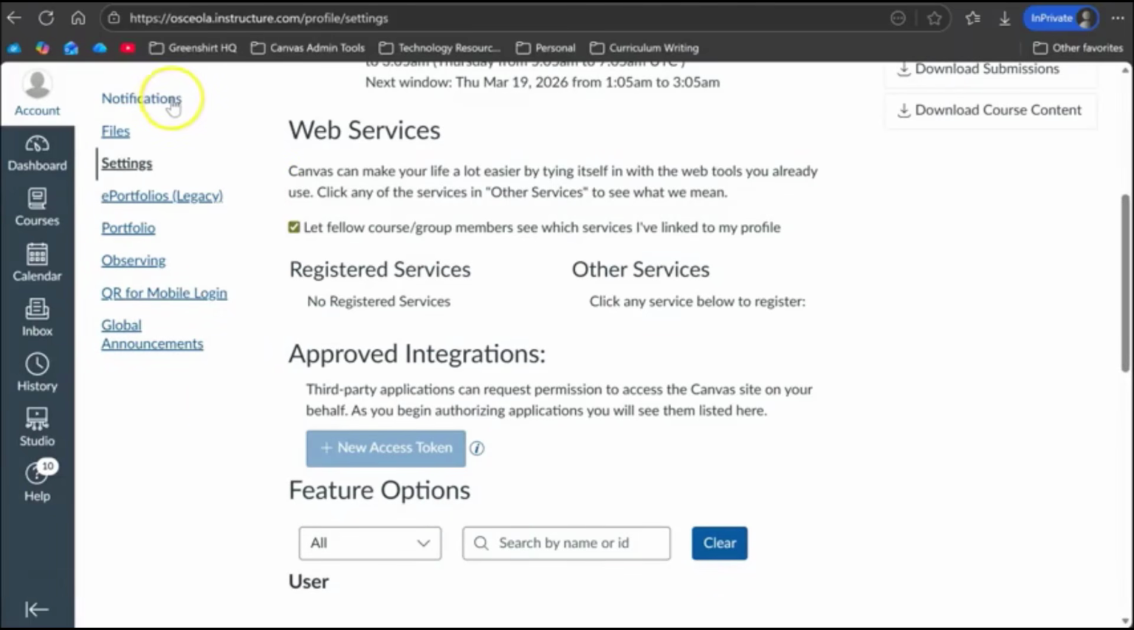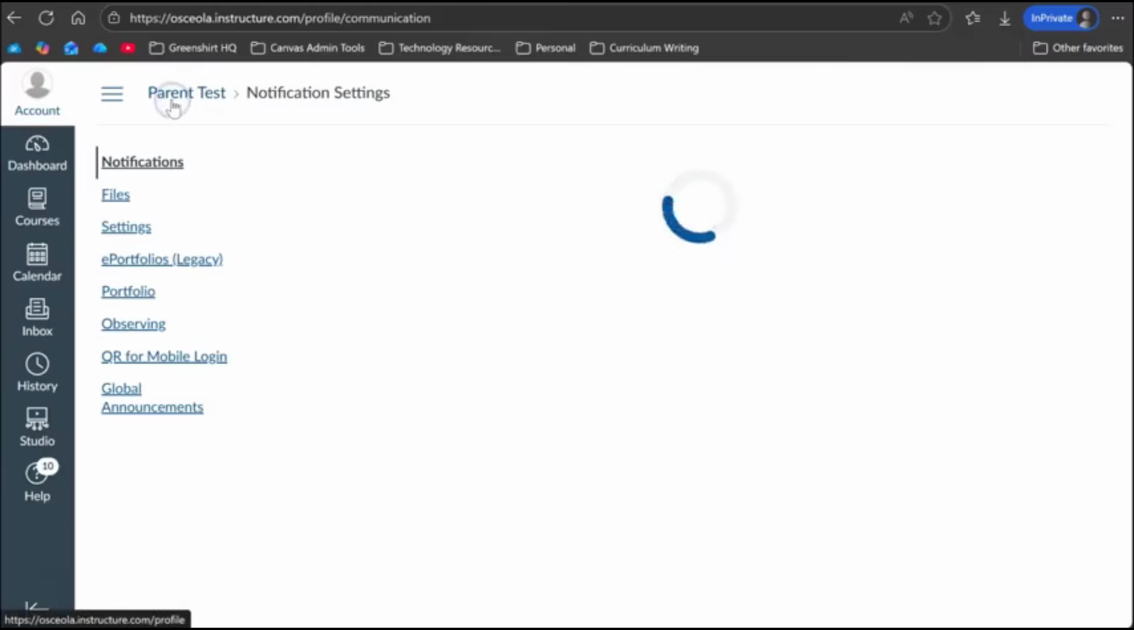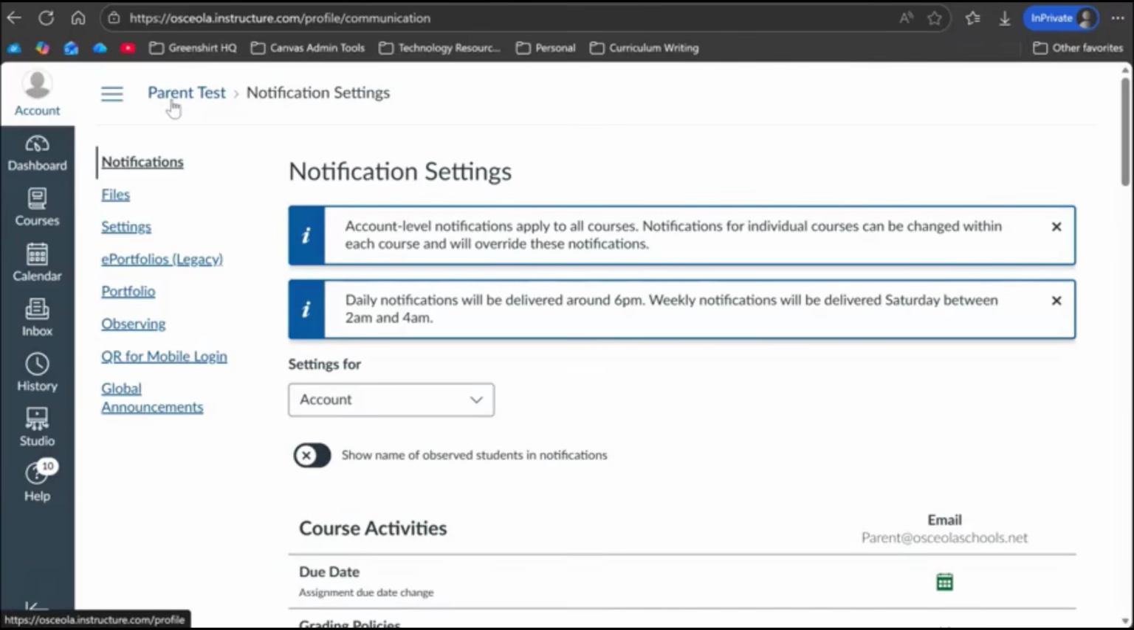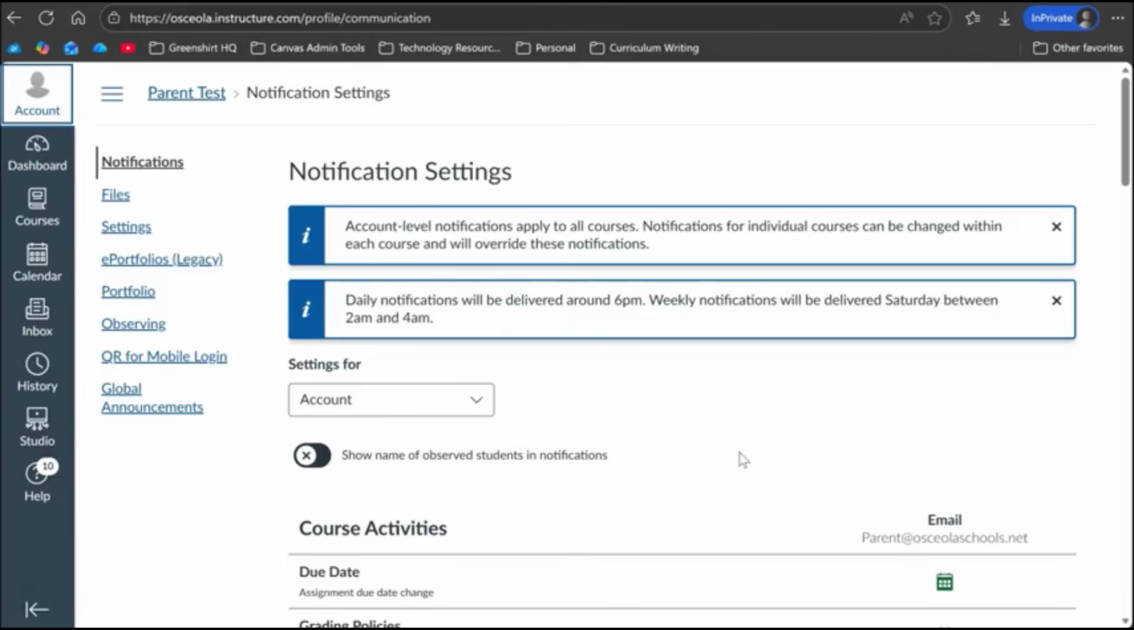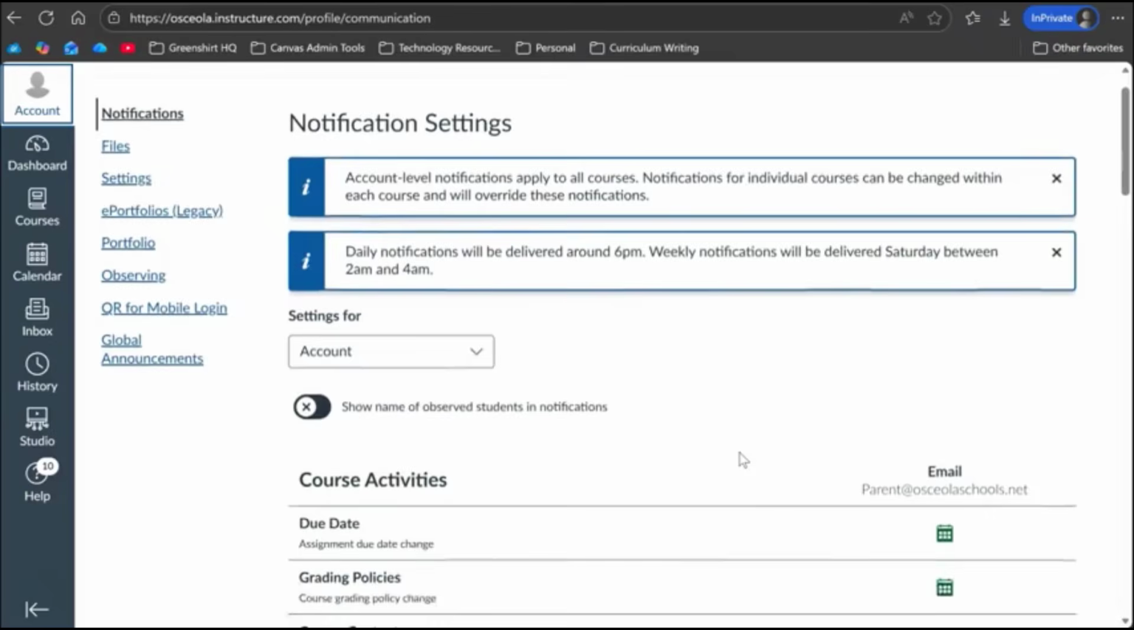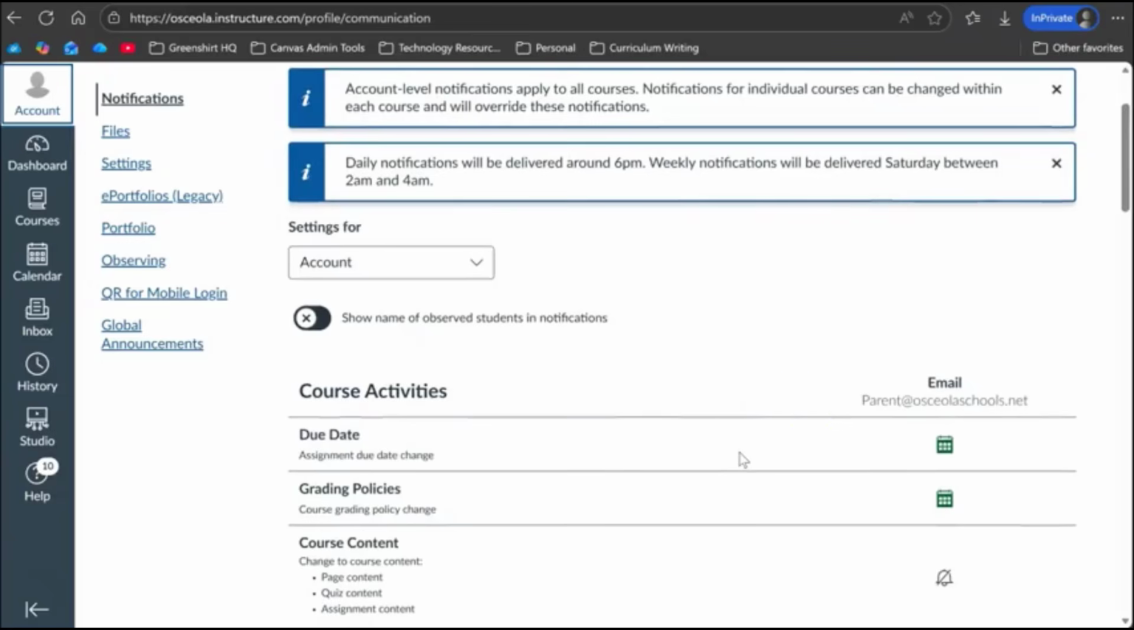Let's now look at notifications. We know your inbox is busy, so we want you to choose exactly how much information you are getting from Canvas. Click on Notifications under your account menu here, or you can click on Account and find it here. Here you'll see a list of activities like grading or announcements and a set of icons next to them. You can choose to be alerted